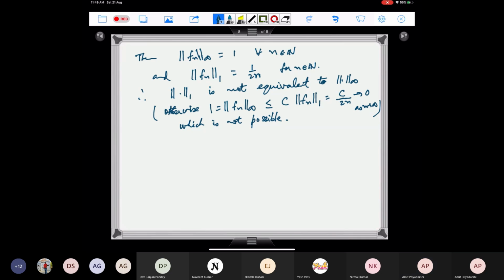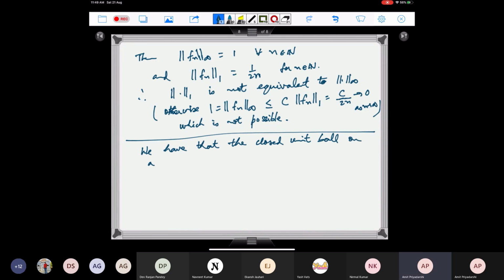So let me write this. So we have that the closed unit ball on a finite dimensional normed linear space